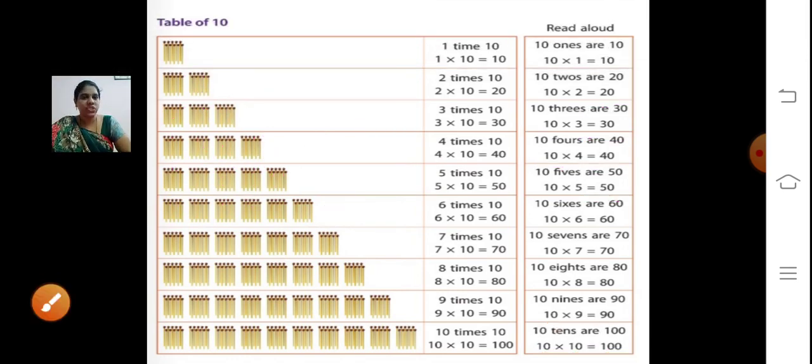Now repeat after me. 10 ones are 10. 10 twos are 20. 10 threes are 30. 10 fours are 40. 10 fives are 50. 10 sixes are 60. Sorry, next we'll see that 10 sixes are...